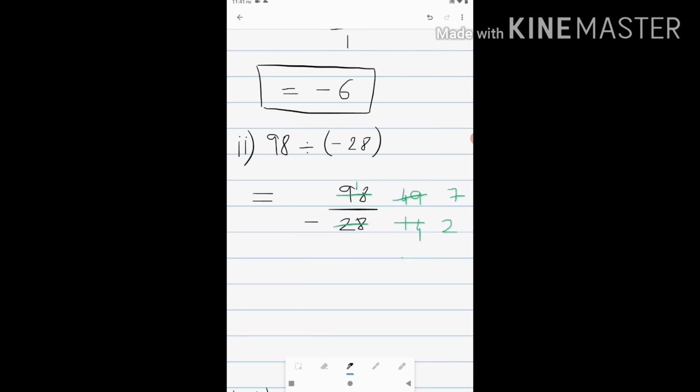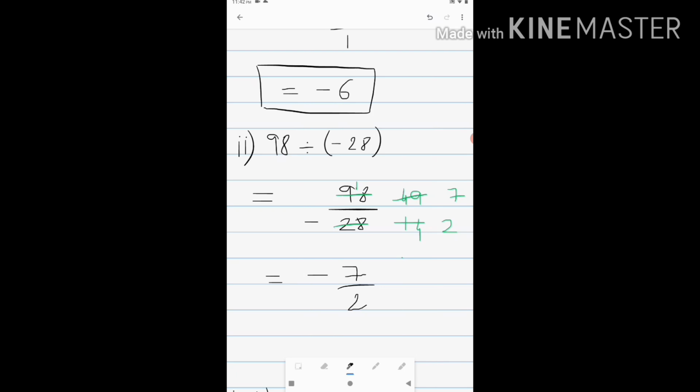So I will write here equal to sign, and now I will decide about the sign. The numerator has a plus sign and the denominator has a minus sign. Minus and plus becomes a minus. So I'll put this minus sign in the numerator only. And the numbers that are remaining, 7 upon 2. Okay, so this is my answer. My answer is minus 7 upon 2. My sum number 2 ends here.